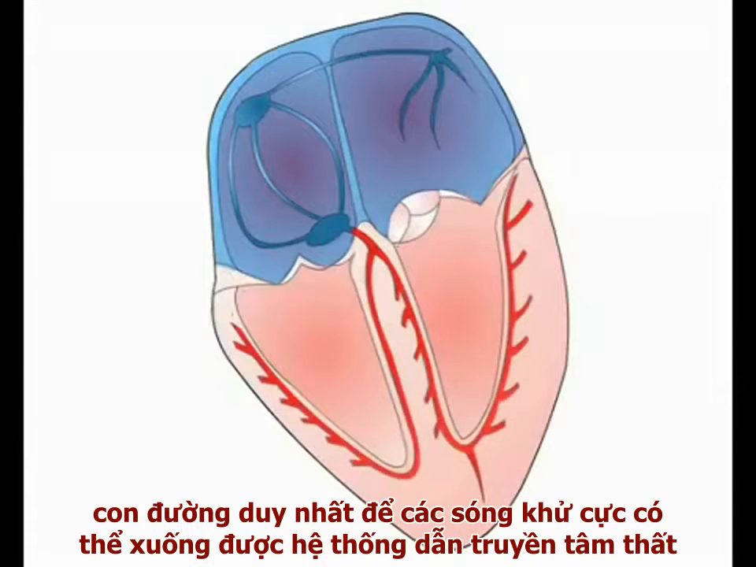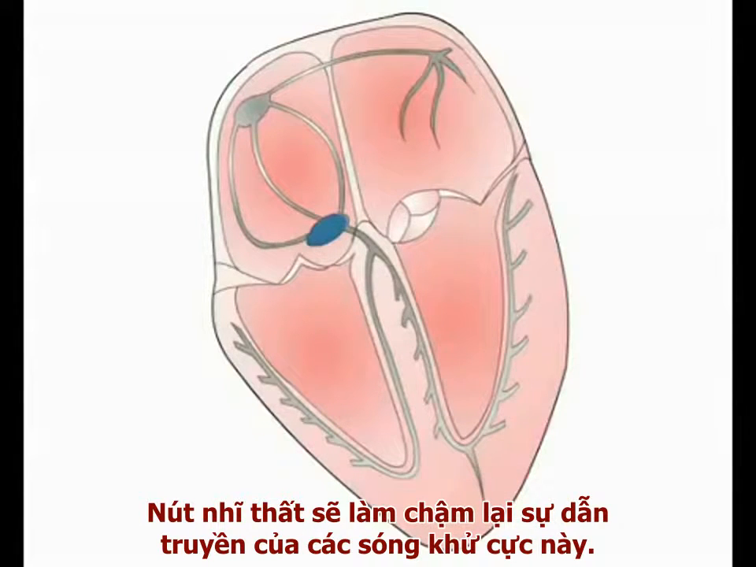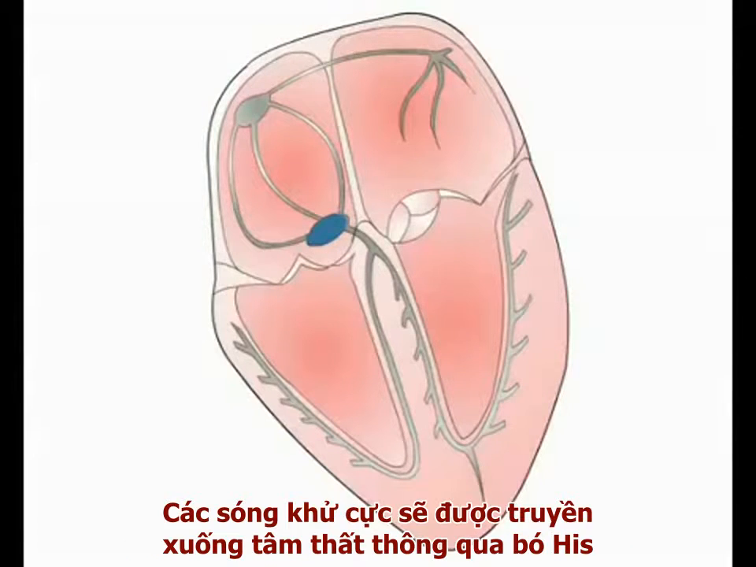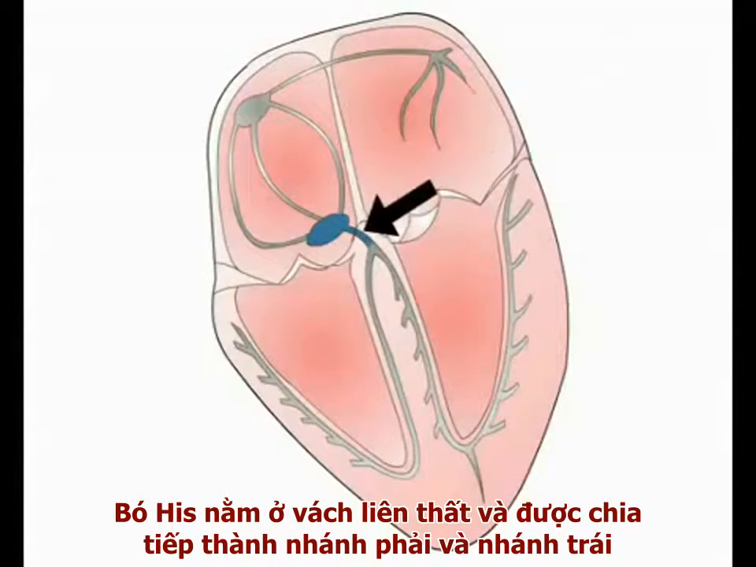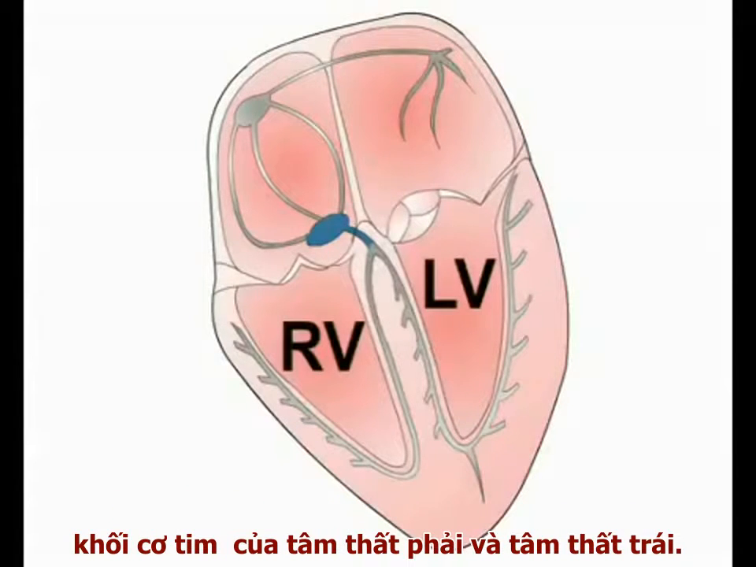In a normal heart, the only route by which the depolarizing wave can enter the ventricular conducting system is through the AV node. In order to allow the ventricles to fill with blood following atrial contraction, the AV node initially delays the spread of the depolarization wave. And after this short delay, the depolarizing signal is transmitted into the ventricles via the bundle of His. The bundle of His lies in the interventricular septum and divides into right and left bundle branches. The right and left bundle branches transmit the depolarizing signal into the muscle mass of the right and left ventricles